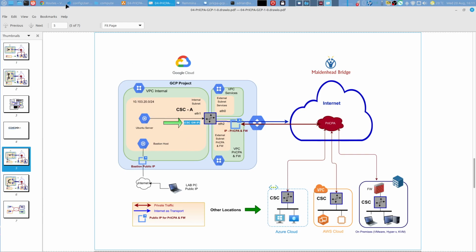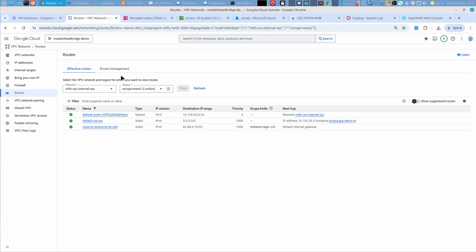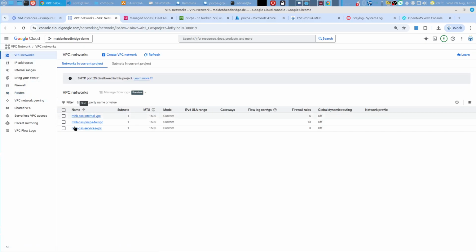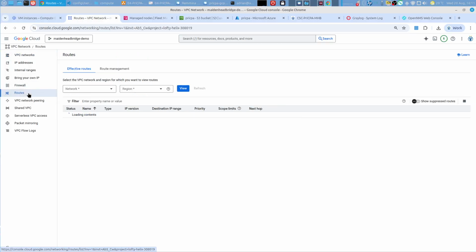Then if we review our previous configuration, we did the VPCs and we set up a route via the connector